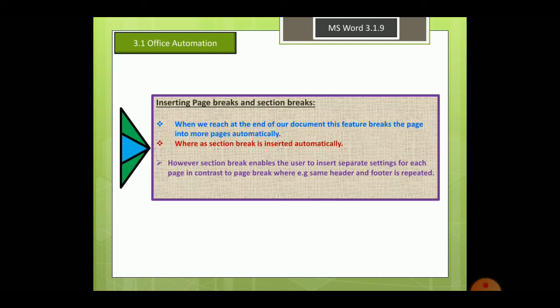Page break is a feature where, whenever you are typing text and you reach the end of your page, the cursor suddenly moves to the next page. This movement to the next page is done automatically by the word processor. This feature is called page break, where when your page is filled with data, it automatically goes to the next page. You can also perform it